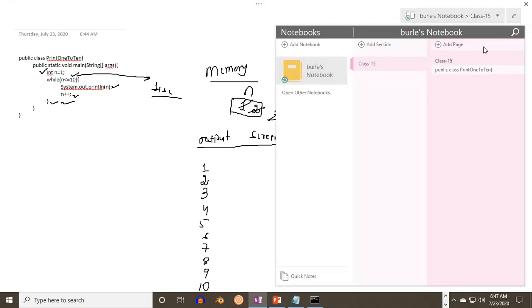So now let me add the do while loop. So the same is the do while loop. So here we will make initialization, then here you have to start do, then statement and updation.